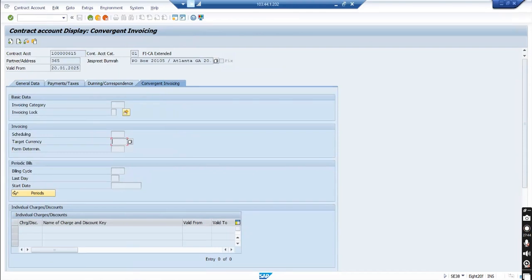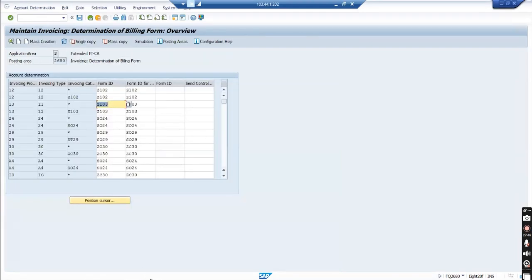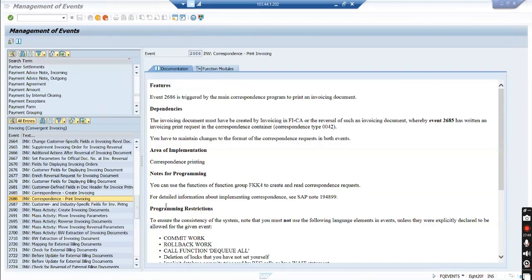If we cannot handle it from here, then in the event 2686 we can assign an alternative form. So all this we can play around with in the configuration based on whatever the client requires, and then we have to achieve that using this event. So that was all about invoice printing. This one I missed out, so I just completed it now. Next